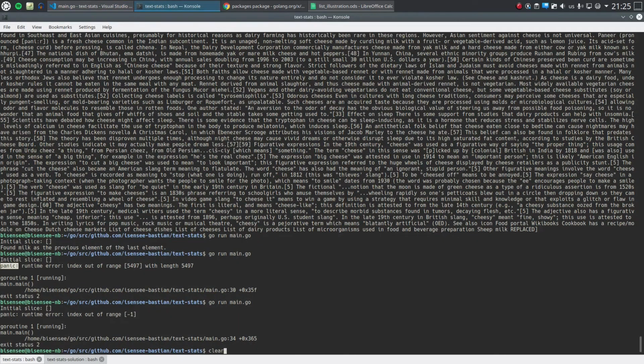Let's print it again. The last 5 elements are beverage, preparation, sheep milk, and cheese. Let's say we want to have another slice that contains this sub-slice, as you might say. We can easily do that with